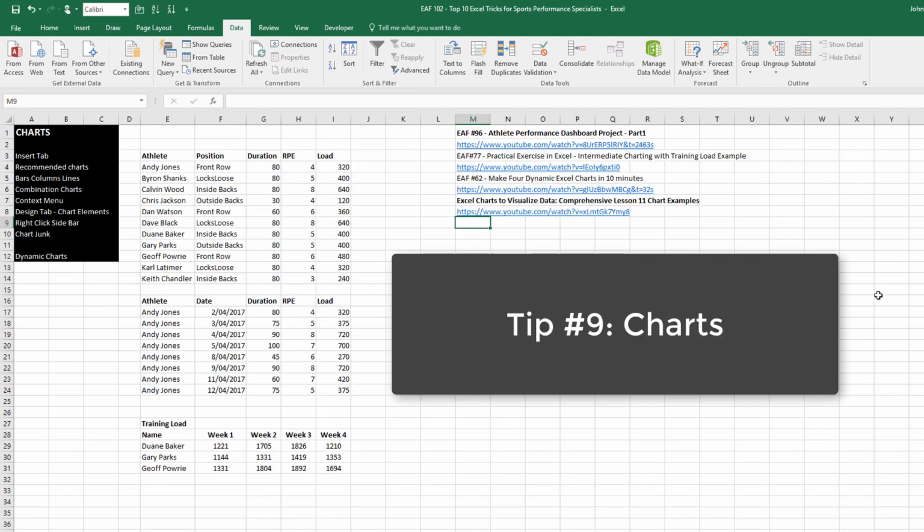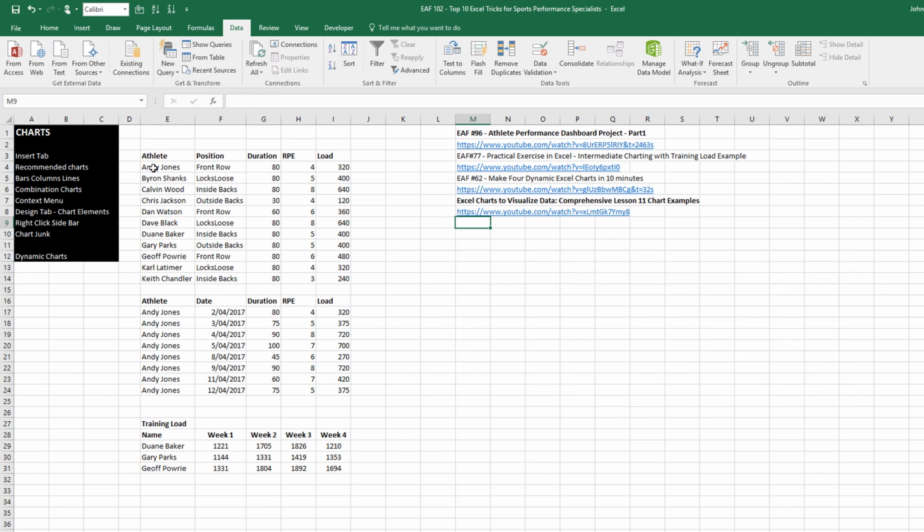Let's have a look at charts. I can't cover too much, but I've got 3 really simple data sets. First data set here, I've got a bunch of athletes, 11 athletes. And we've got a bunch of variables. I'm just going to pick load,